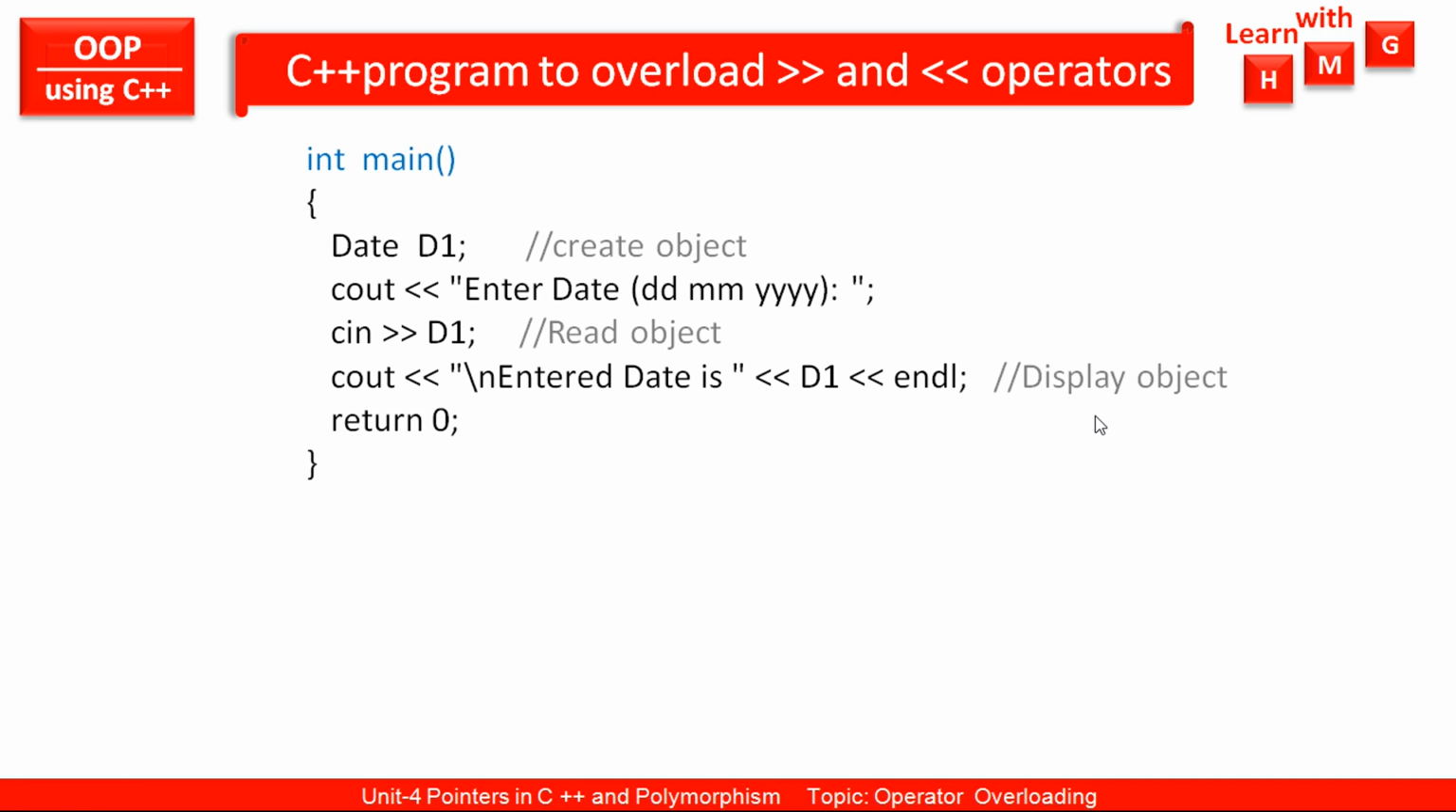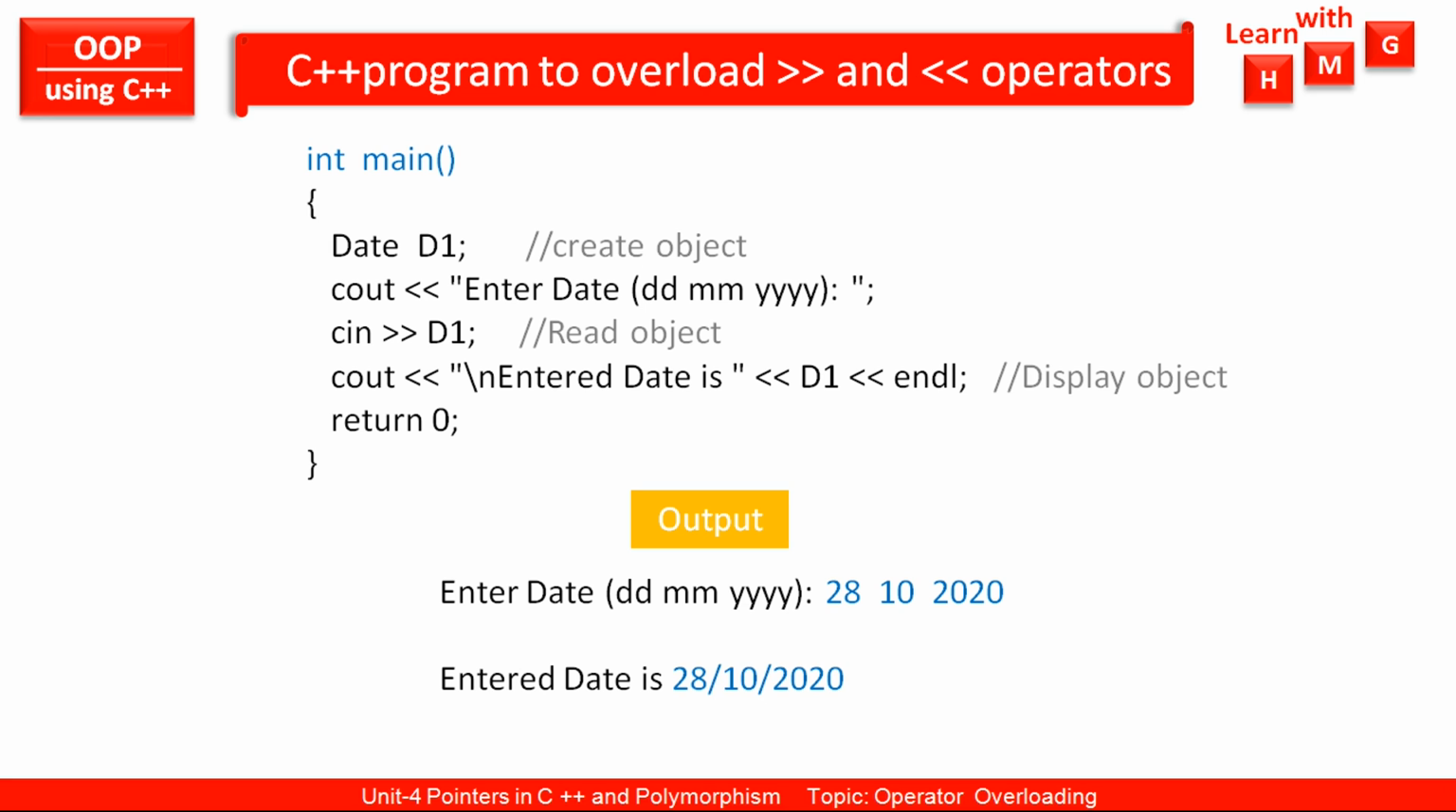Return 0, end of the main function. So in this way both operator functions are called here to accept or read the object and display the object. Let us see what will be the output. The output will be like this: enter date, and then the user enters, suppose, 28 space 10 space 2020, that is 28 is the day, 10 is the value of month, and 2020 is the value of year, and the output will be displayed like this: enter date is